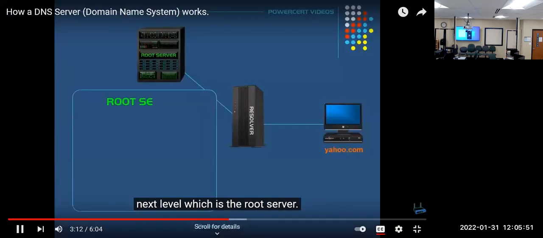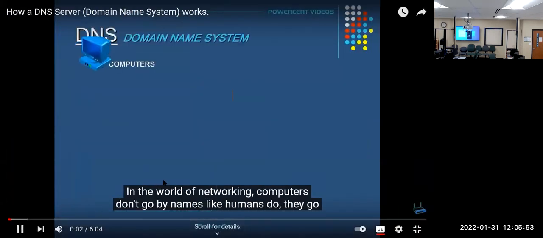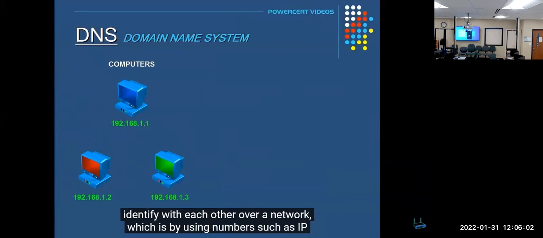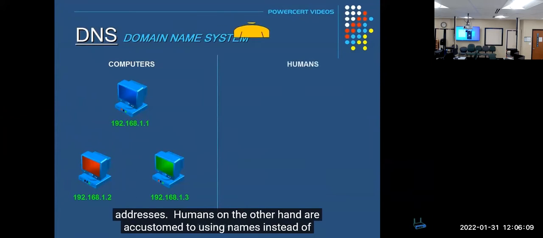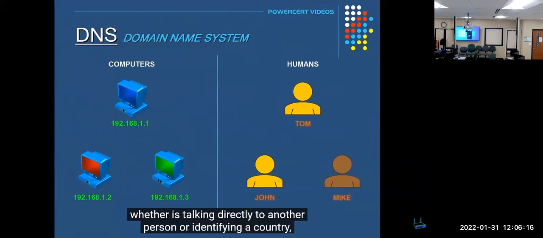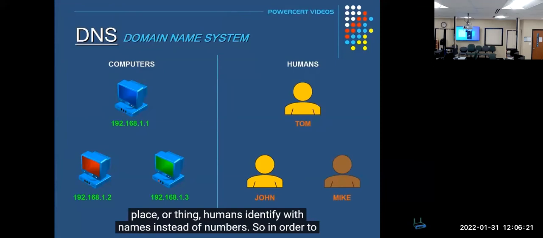Computers don't go by names like humans do. They go by numbers. Because that's how computers and other similar devices talk and identify with each other over a network, which is by using numbers such as IP addresses. Humans, on the other hand, are accustomed to using names instead of numbers. Whether it's talking directly to another person or identifying a country, place, or thing, humans identify with names instead of